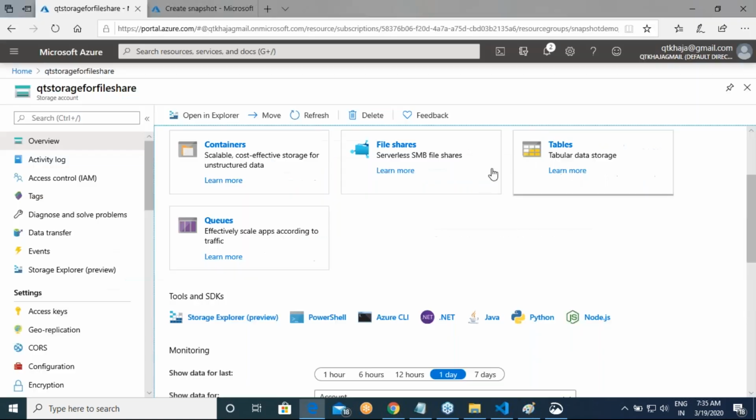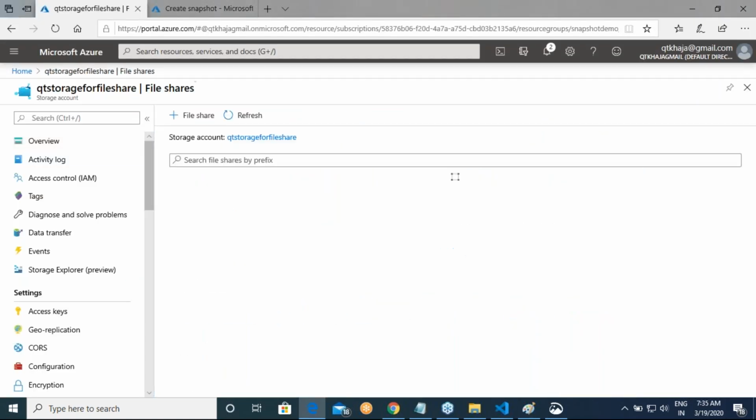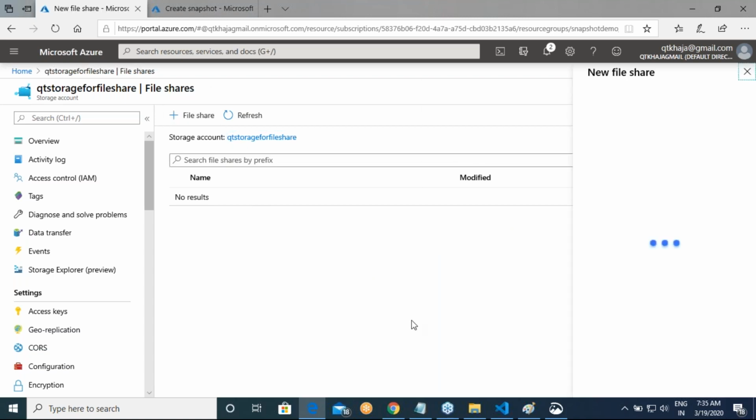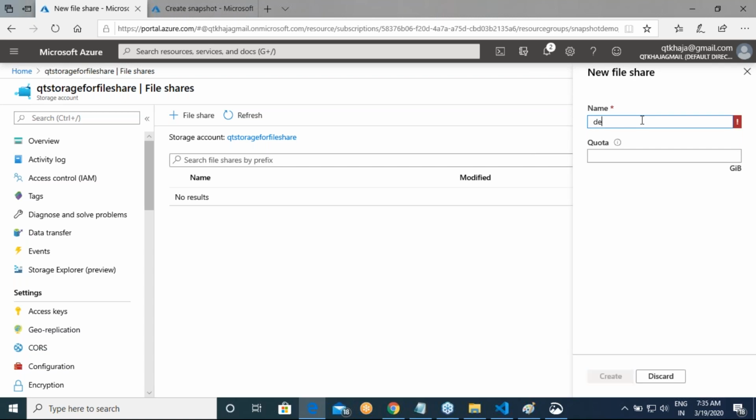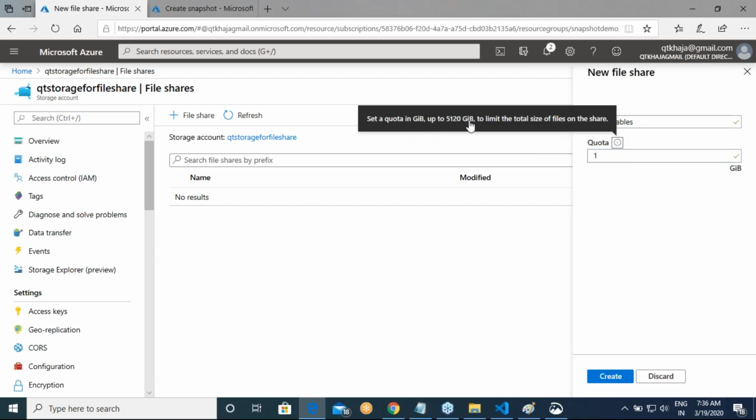Yeah. Now if you click on Azure file shares, then it will tell you that you don't have any file shares at this moment. I can click over here and say that I want a new file share. Then you can give a name of your file share. Name of my file share is, let me call it deliverables. And what is the quota which you want to give? If you look over here, the quota is set to 5 terabytes in the case of standard. If you go to the premium, you can make it approximately 100 terabytes in size.